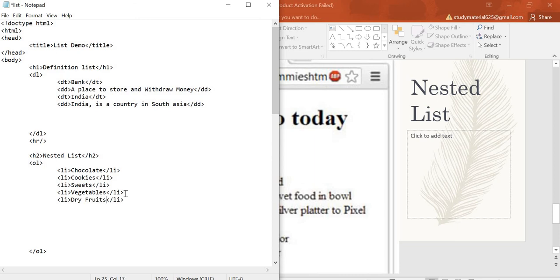Inside vegetables you want some more vegetable names. For example, you want an unordered list. Inside the unordered list you have to write the list item.